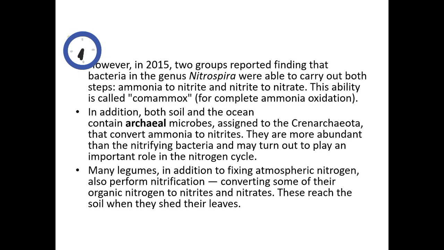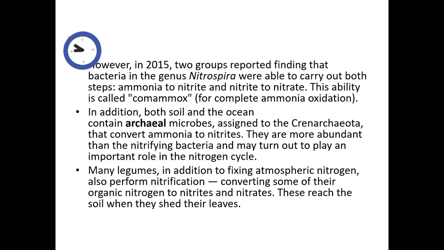And apart from this, soil and ocean contain archaeal microbes like Crenarchaeota that convert ammonia to nitrite. They are more abundant than the nitrifying bacteria and may turn out to play an important role in the nitrogen